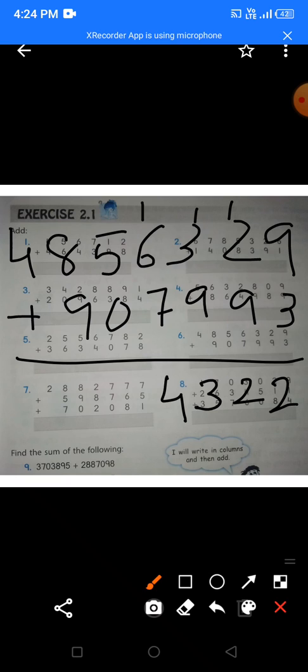So I am writing here 4 and I will carry 1. 1 plus 5 is 6. And 6 plus 0 is 6. Okay, nothing to carry. Now 8 plus 9 will give you 17. Okay children. So I will write here 7 and I will carry 1. So 1 plus 4 is 5. So this is my answer. I will put the commas 2, 2 and 3 places. So 57,64,322. This is question number 6. Okay children.